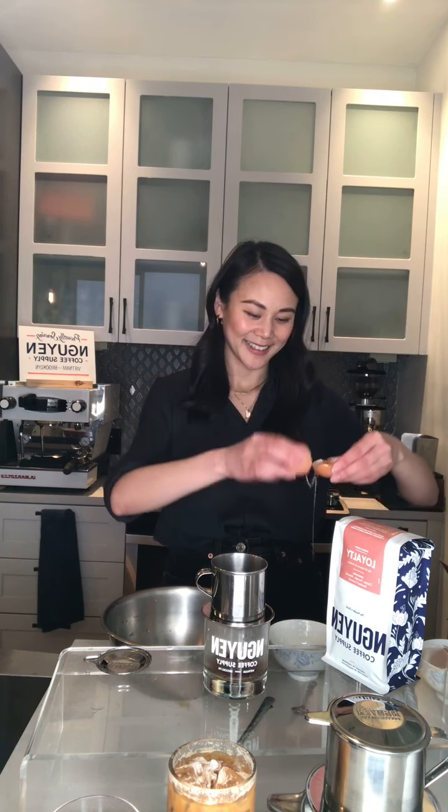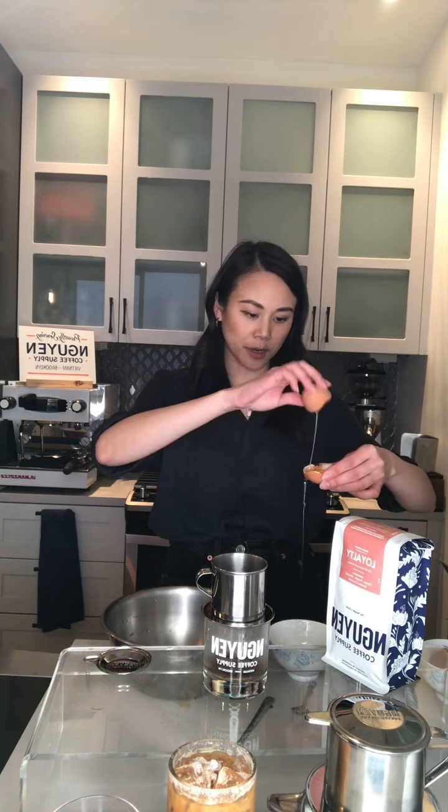You wanna separate the egg yolk from the egg whites, and for a single serving, you want to use 2 egg yolks. All right. If you want to make Viennese coffee for more than one person, I would recommend,